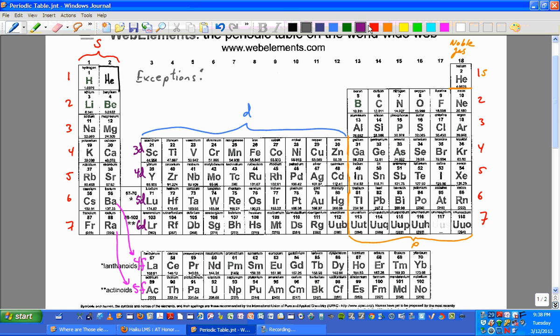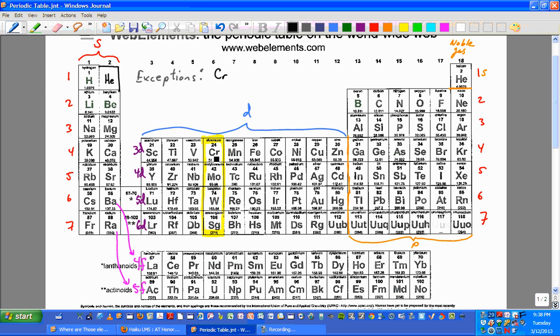One of the first exceptions is everything in the column with chromium. So these guys all follow this exception. I'm just going to do the exception with chromium. So let's watch what happens. Electron configuration for chromium is